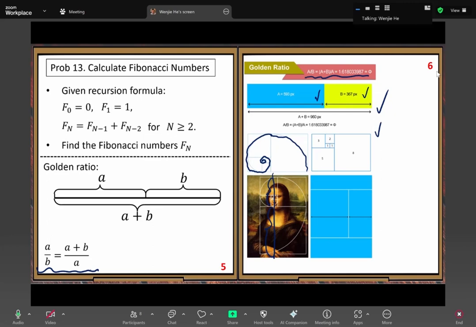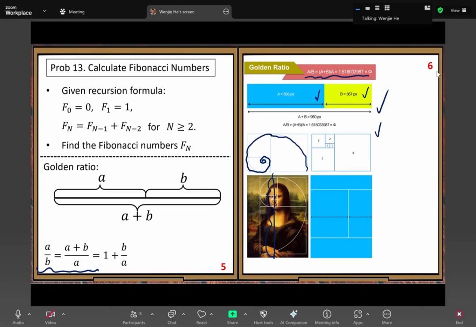But here, our goal is not to find the lengths of A and B. We want to find the ratio of A over B. That's different. The ratio can be determined. Although A could be longer or shorter, and B can be stretched longer or shorter, the ratio must be the same. So based on that understanding, we have a chance to find the ratio from this one equation.